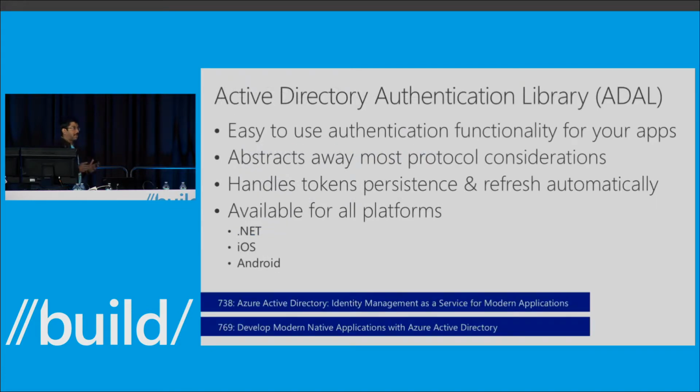So there is the other library that we have been using so far called Active Directory Authentication Library. How many of you have used Active Directory Authentication Library? Yep, few. So that's also another way to authenticate with Azure AD, and it supports a lot of flows, and it abstracts a lot of protocol. Like if you want to have ADFS and complex things and username, password, there's a lot of options there, and